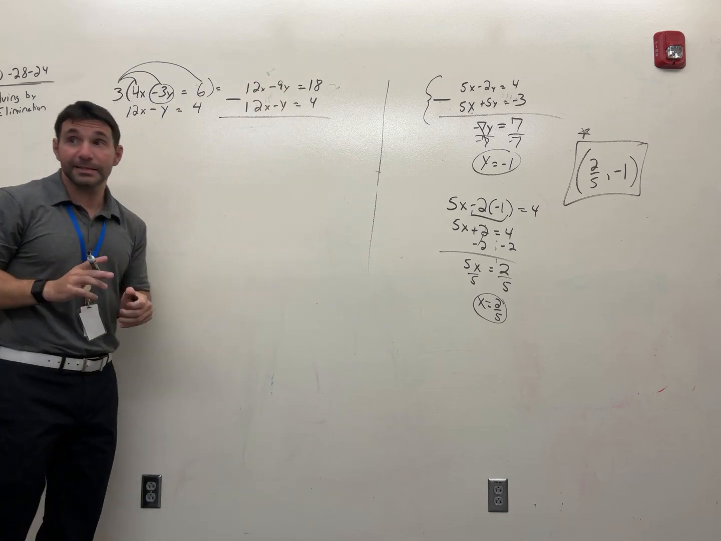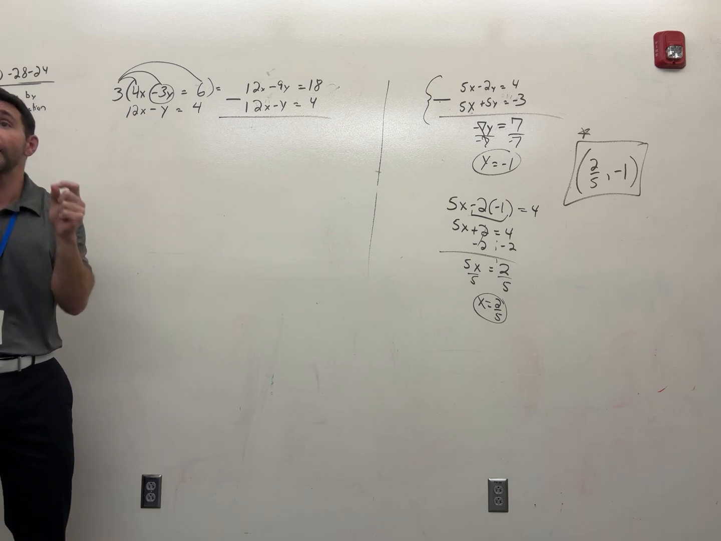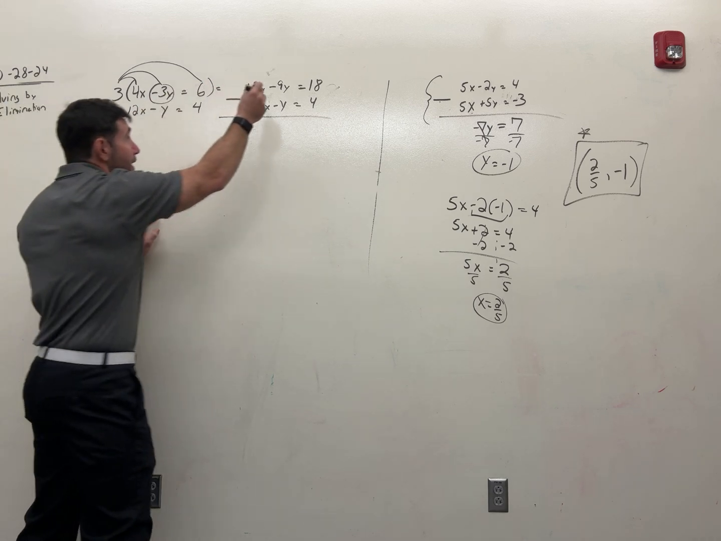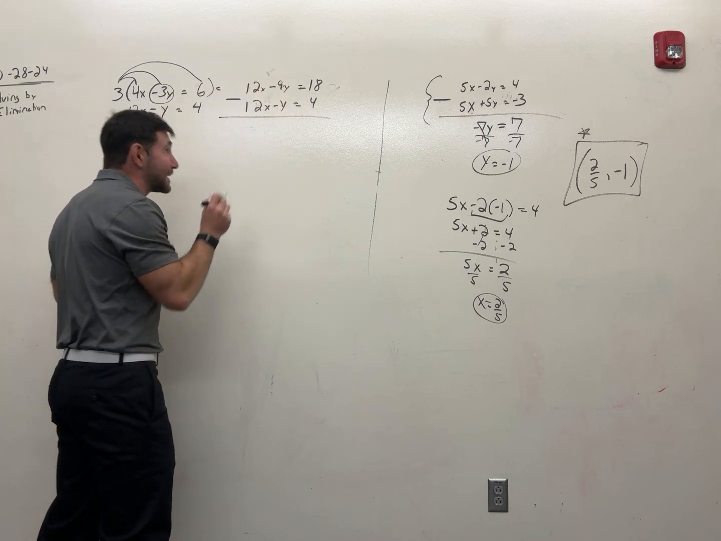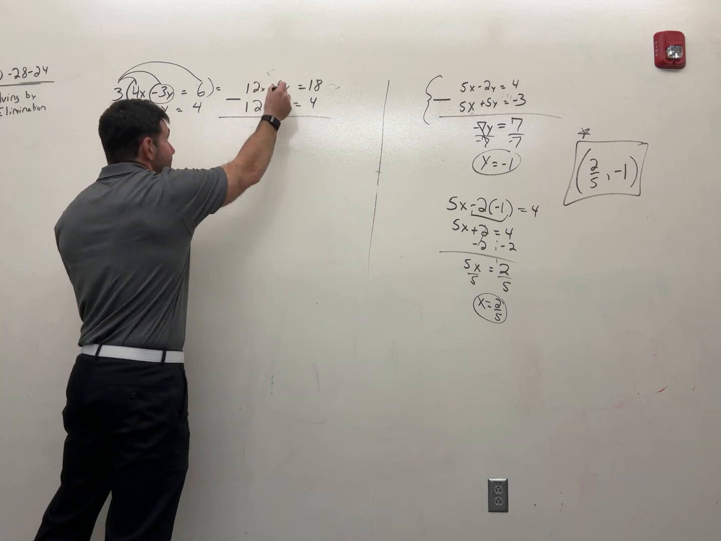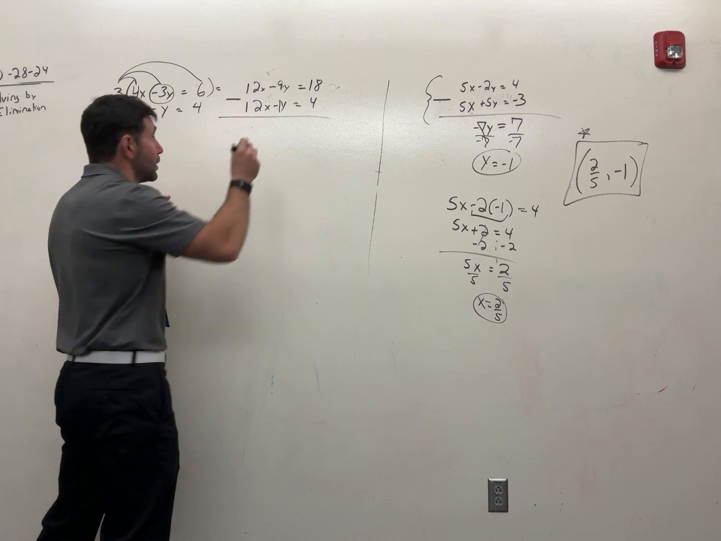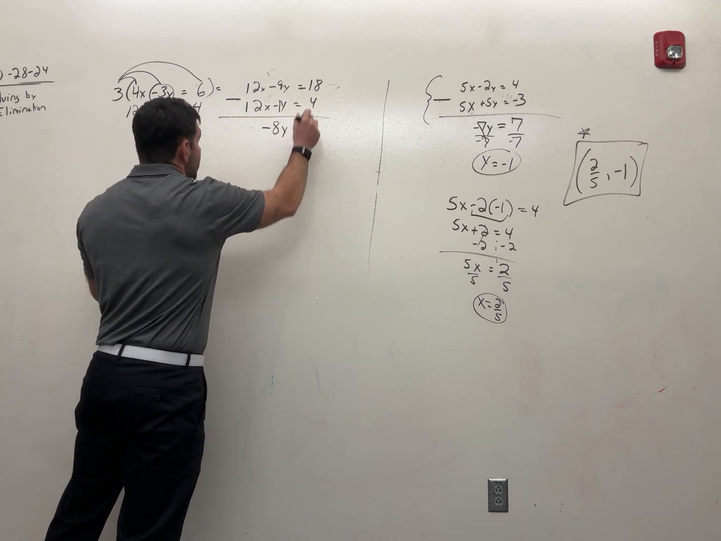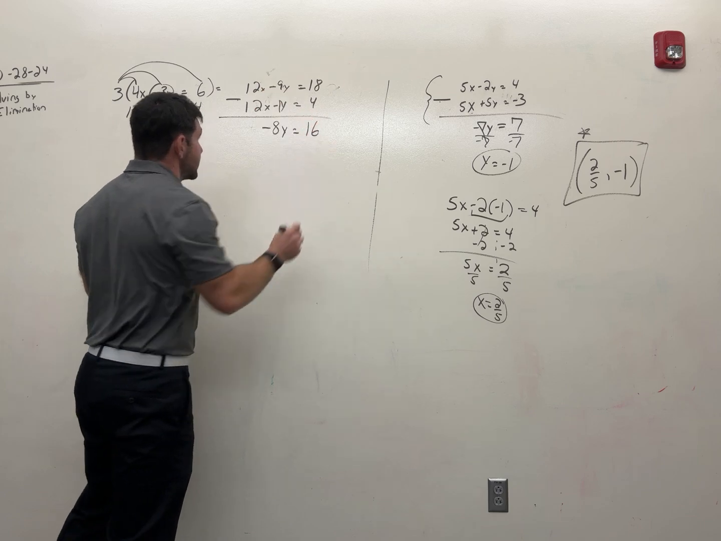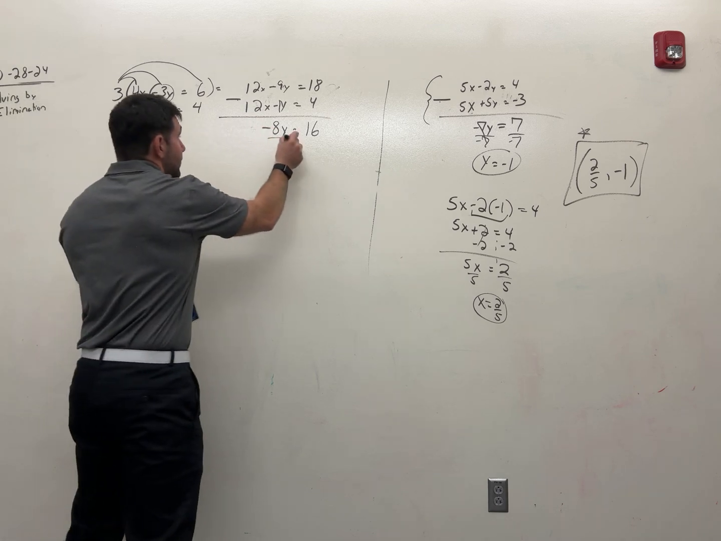Now, listen, listen, listen. I can't tell you this enough. You will make a mistake if you're not careful. Negative 9 minus a negative 1 makes it negative 9 plus 1, which is negative 8y. 18 minus 4 is 16. I got lucky there. I didn't expect this to be a whole number. Divide by negative 8